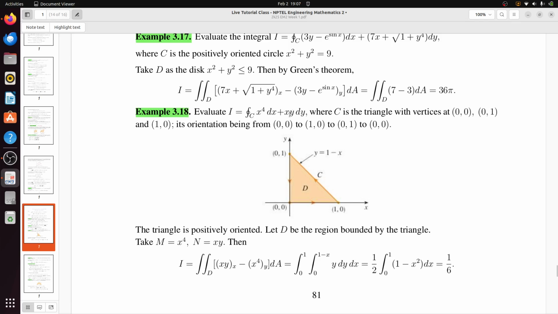Okay, so you have M dx plus N dy. What will you do? You will do del N del x minus del M del y. So that will vanish and you will have only y. You need to integrate first. See, one axis will vary, the other axis will remain constant. So here your y is varying from this axis to the straight line, and your x is varying from here to here. So then it will come as